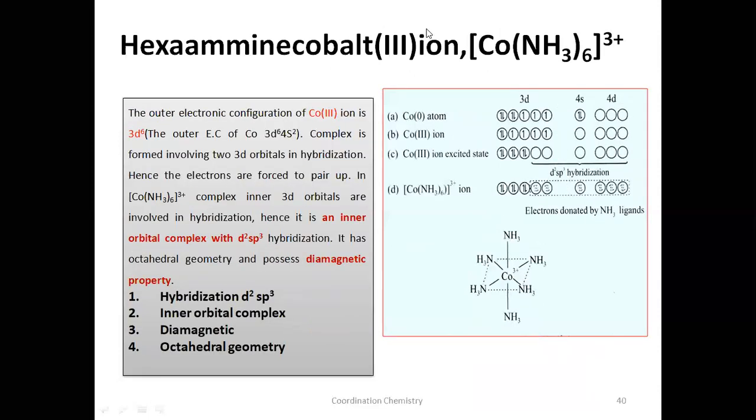Now let us see the cobalt complex, hexaamminecobalt(III) ion. This is hexaamminecobalt. So let us write the formula from this name. What is the central metal atom? Cobalt. So first write the square brackets, and then write the central metal atom, that is cobalt. And next, the ligands. In case of more than one ligand, we have to follow the VBT rules. That is, the negative ligand has to be written first, followed by other ligands.